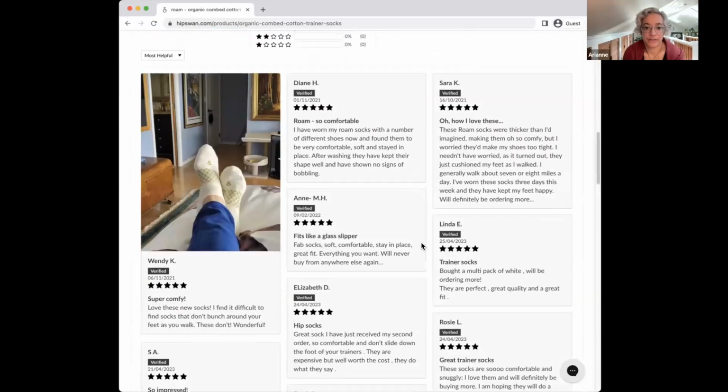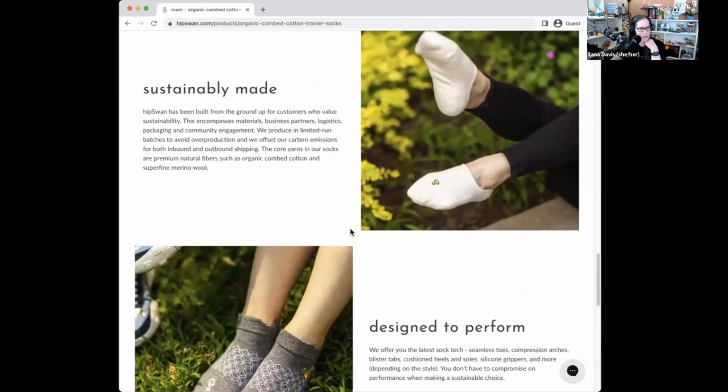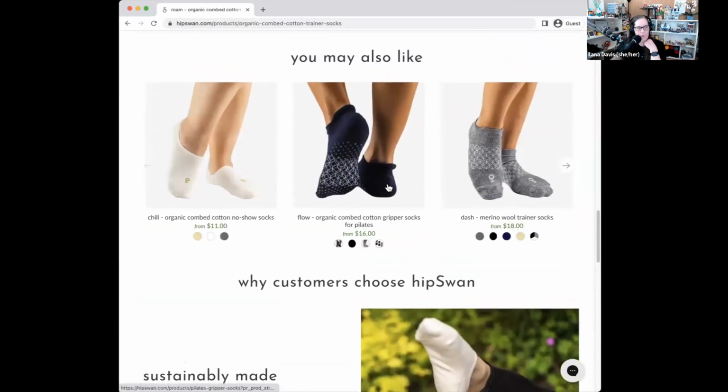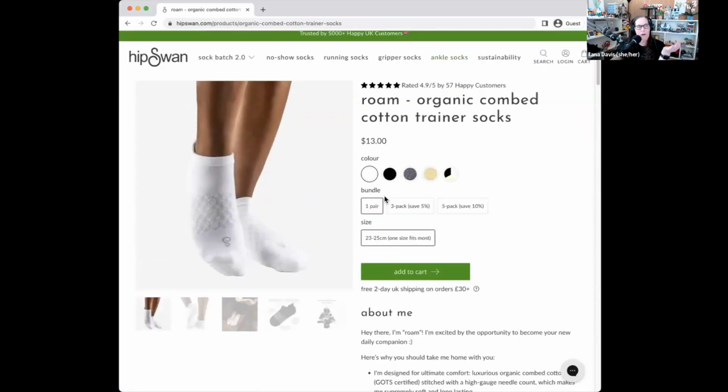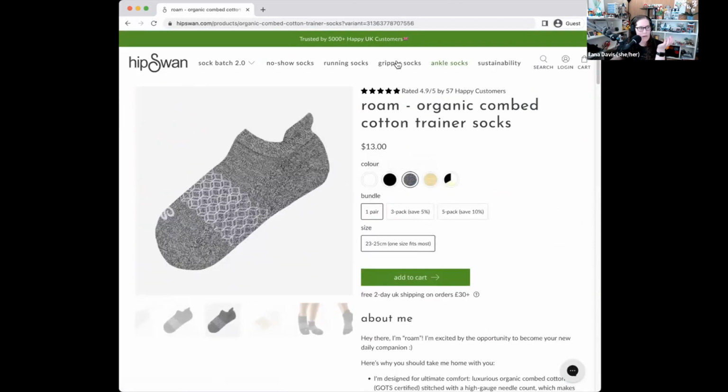I don't know what else you sell here. Well, I think part of it is, sorry, I'm just trying to scroll and make sure I didn't miss anything. You have these "you also might like," but maybe you have a complementary one; these are white, these are black. I don't know if you have something else. You have gripper socks. Maybe you say, hey, we also think this is a great one to work with this. As a way to create two products that they add to their cart instead of just the one, I think is what Arianne's trying to get at there.